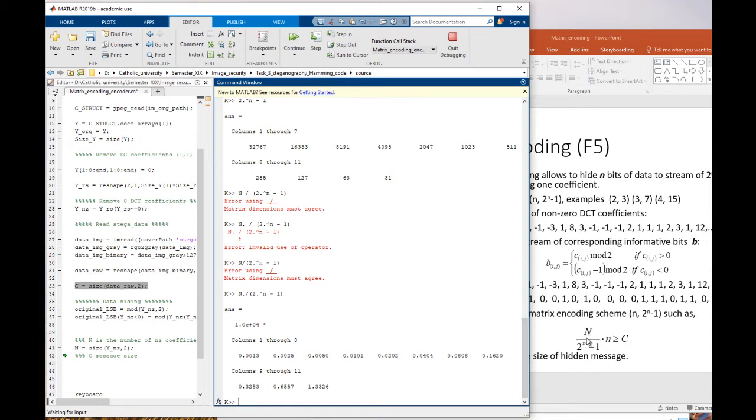That will be the number of blocks for different n. If I divide the number of coefficients by the size of the block, I will define the number of blocks. So n divided by 2 to the n minus 1, where n is not a fixed value, will give us the number of blocks. Now if I calculate that particular number by n,